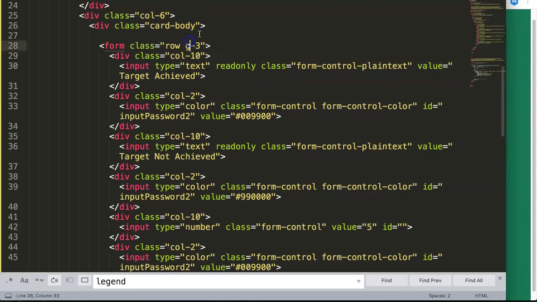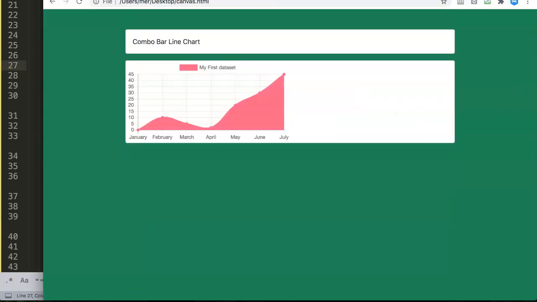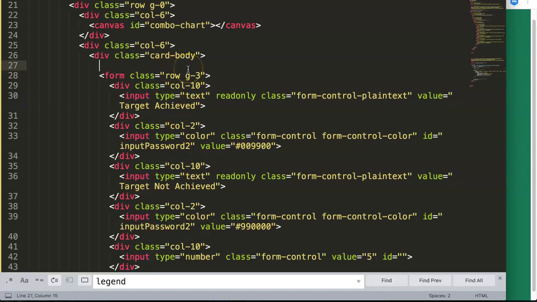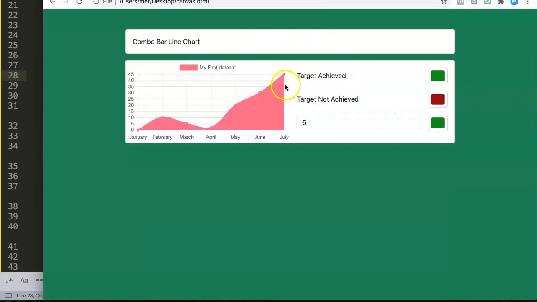Let's save this, and probably what we need to do here is adding some more items because we need to put in the target tracker text. Alright, so we're very close to it. We only need the target tracker text above, like this here, and a horizontal line, so let's make that one right now. So in here we'll say h5, as this is a slightly bigger one, and then we say as text title of card title, if I'm not mistaken. And then we can say here sales tracker. And then what we do more is HR, save this, go back to our bar chart or our combo chart,